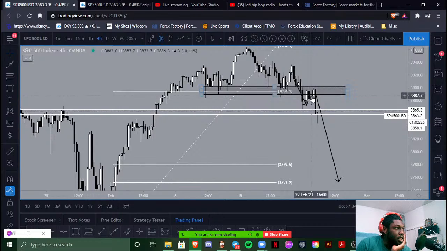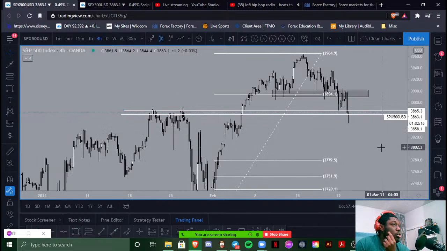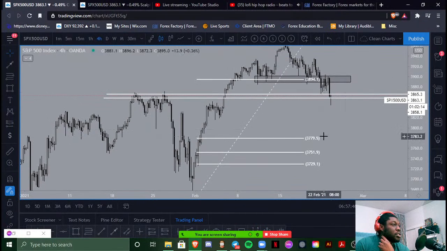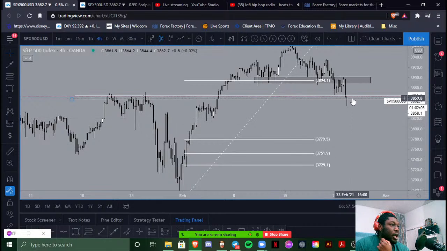Gonna actually delete these right here, because I really did want price to come, if it was gonna really drop like that, I wanted price to come down to 3779.5 or 3751, which I still think the possibility of that happening exists. But every time I see this candle on SPX or on the US indices,